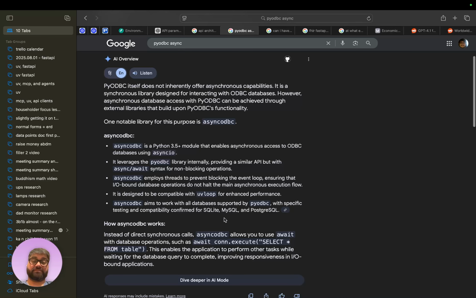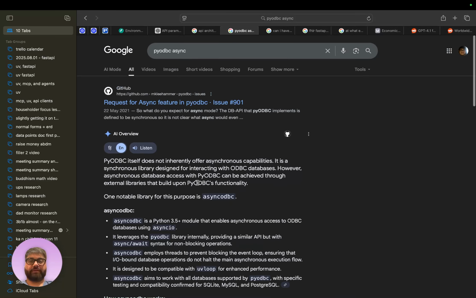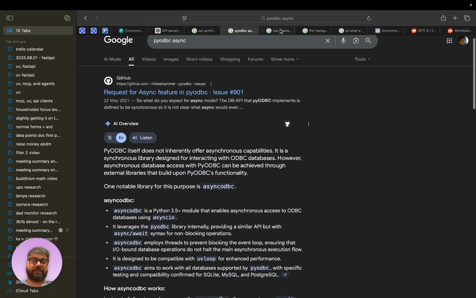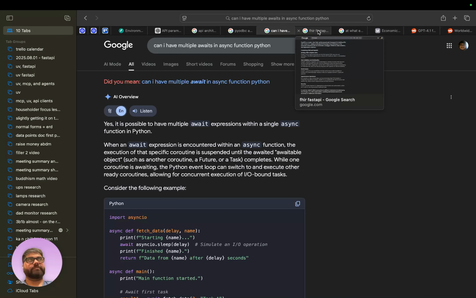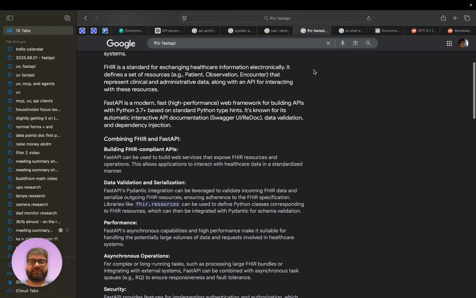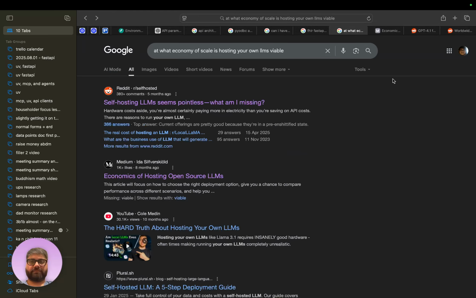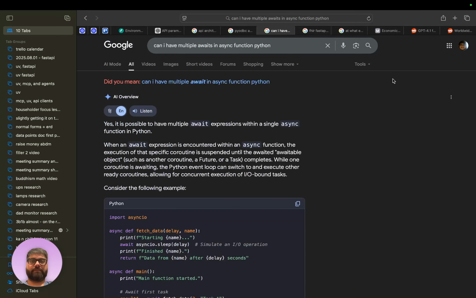I don't know, this could just be AI hallucination, it could be a complete fabrication. But yeah, PyODBC does not have async. It's just going to have multiple awaits in an async function. That made sense, right? Why can't I have multiple await steps within an async function?